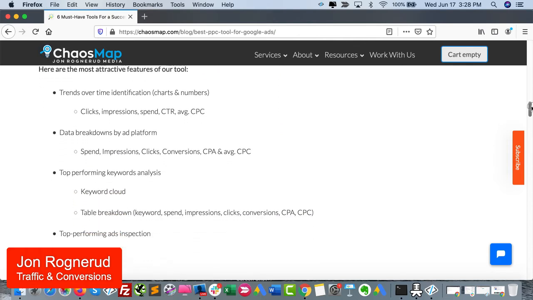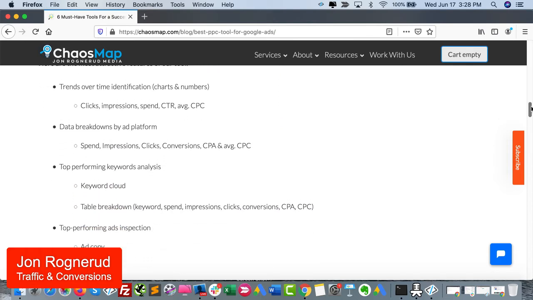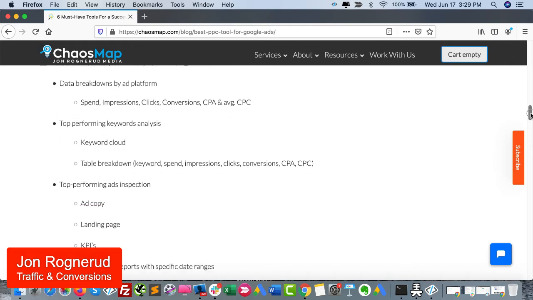Then you can start pulling back data, things like trends over time, clicks, impressions, spend, CTR, and average CPC. You'll see the data breakdowns by ad platform, so you can see all these metrics by search, shopping, video, display, etc. You'll see a keyword cloud of the top performing keywords. There's a table breakdown of the keywords, the spend, impressions, clicks, conversions, CPA, CPC. I'm talking fast here because I'm assuming if you're listening, you understand what all these shortcuts mean,